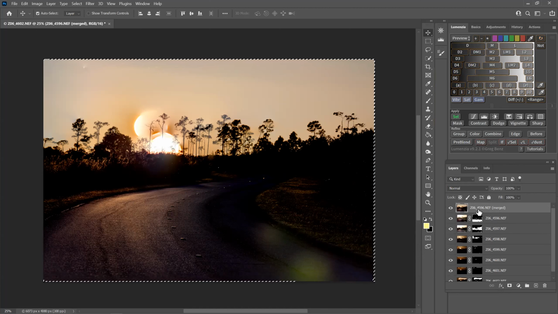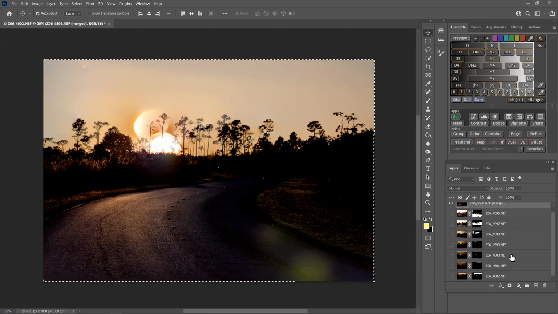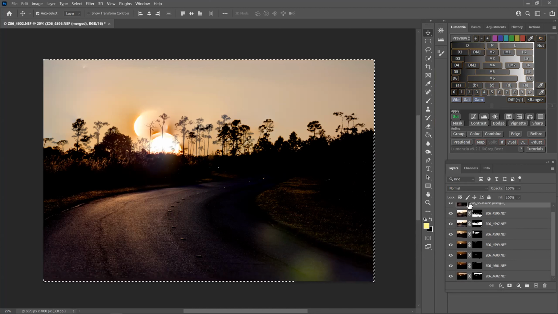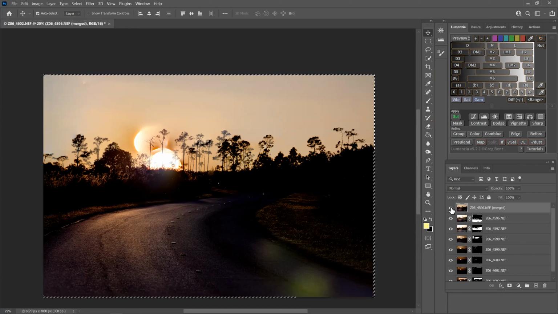You've got the one image here. I'm going to turn off all these bottom ones. Oh, let me leave them on. I'm going to turn off this one. Oh, where did it go? Oh, that's right. It's blocked them out, so you can't see.